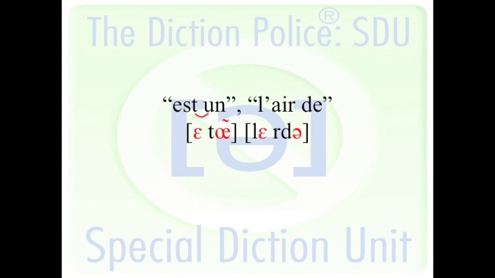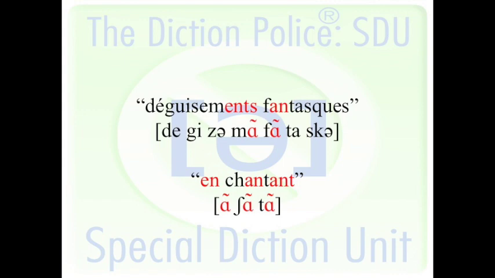Not every line has a phonetic sound that it keeps coming back to as clearly as these examples, but there are still a few places that we can check in to be sure that we're really making the same phonetic sound when we should be. At the end of the first stanza, we have "déguisement fantasque." In spite of the difference in spelling, the syllables MENTS and FAN are both the nasal ah sound, as in the following line, "en chantant." Here we have three ah nasals in a row.